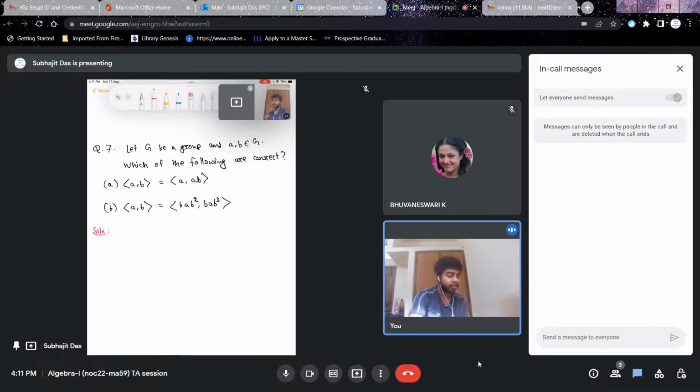So let's deal with one first. So let's look at A. So what is the definition of this? So let's just write the definition of a subgroup. So recall, I'm sure you have done this in the class, in the NPTEL lectures, you have learned this. So recall that if G is a group, or let's use a different symbol, if K is a group